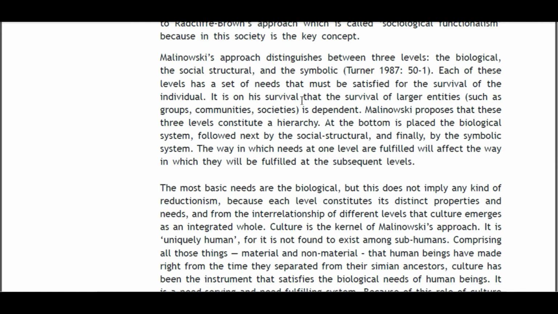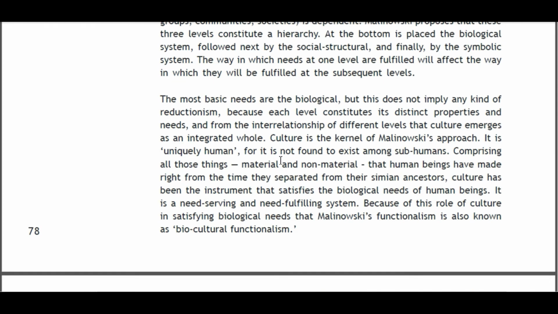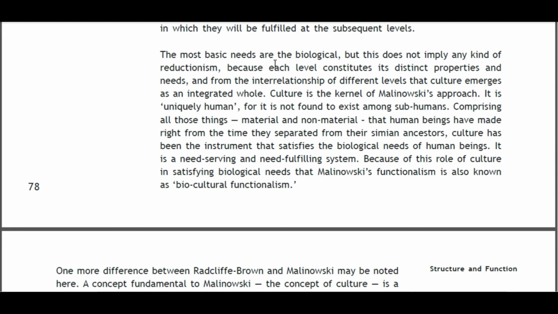It is on his survival that the survival of large entities such as groups, community and society is dependent. Malinowski's purpose is that these three levels constitute a hierarchy. At the bottom is placed the biological system, followed next by the social structural and finally by the symbolic system. The way in which needs at one level are fulfilled will affect the way in which they will be fulfilled at the subsequent levels. The most basic needs are the biological, but this does not imply any kind of reductionism because each level constitutes its distinct properties and needs, and from the interrelationship of different levels that culture emerges